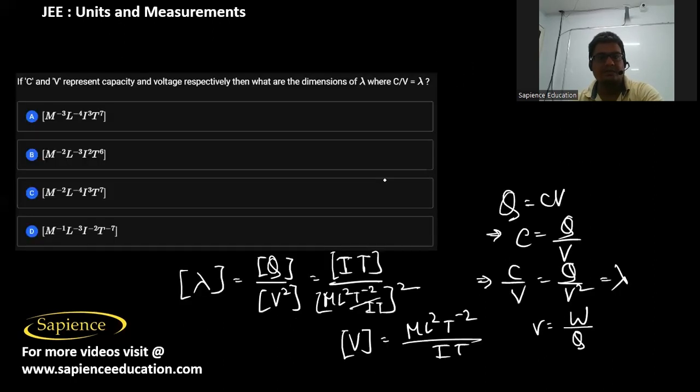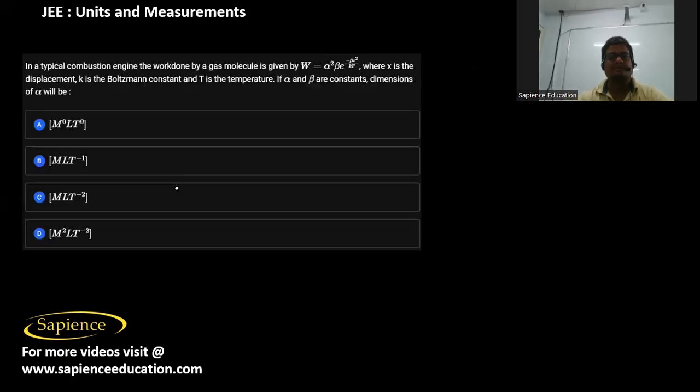So M power minus 2, L power minus 4, I power 3, T power 7. So option C is the correct answer. Then here it is told, in a typical combustion engine, the work done by a gas molecule is given by